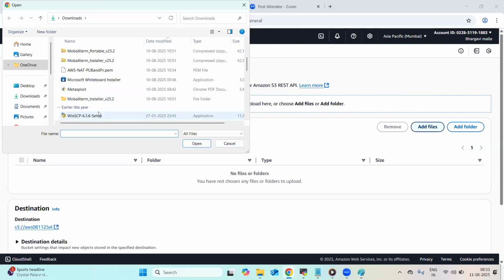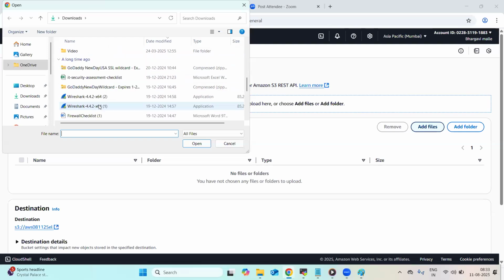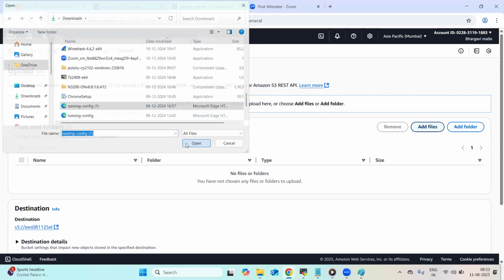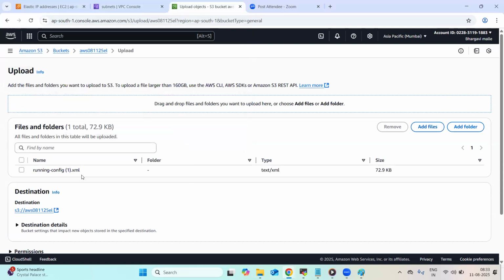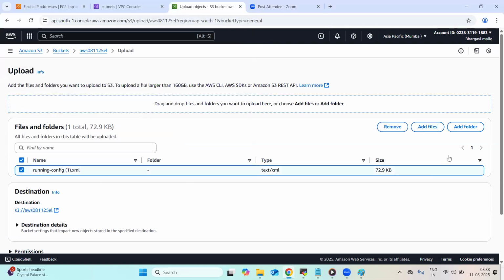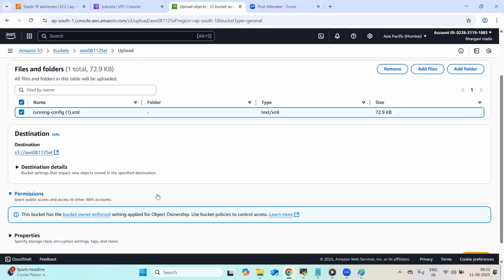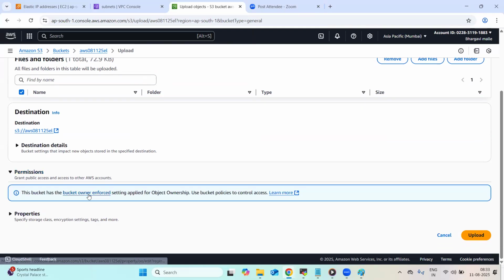For example, I'm adding some files. Very simple way, running config and something. I'm just uploading here. On this uploading, here we need to see the permission option. Then